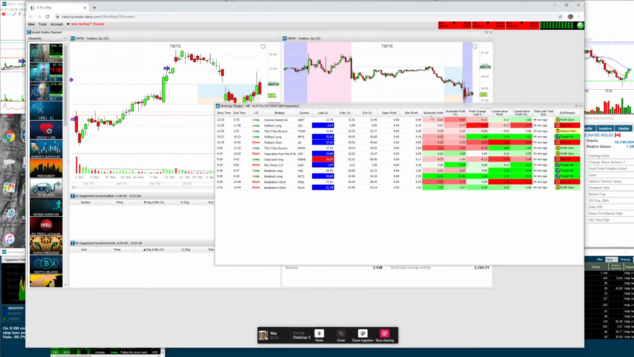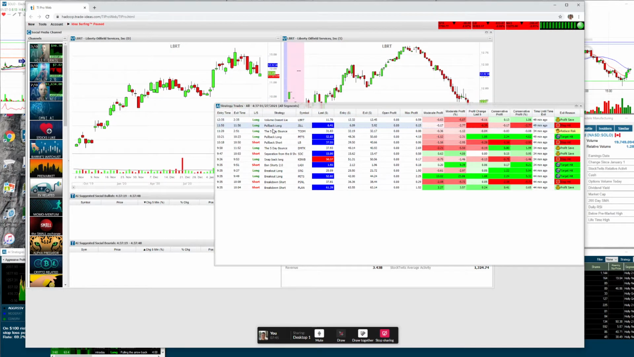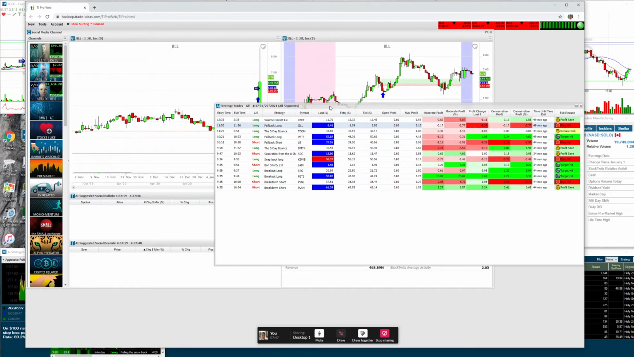And then you have your moderate profit. That's dollars. This is a moderate profit in percent. Your profit change in the last 5 minutes, up or down. And then you have your conservative ones here, dollar amounts there, and the percent amount is there. The next thing is you have all these different strategies here. So these are the strategies that actually fired, but not necessarily all the strategies that she came to the table